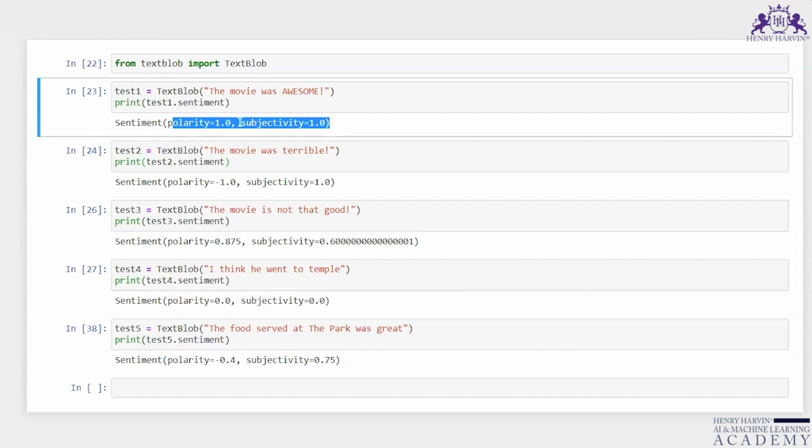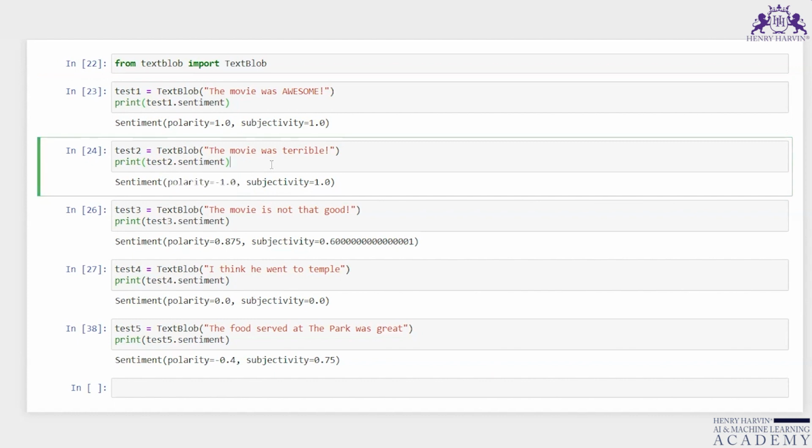Polarity 1 means it is a positive statement. Then I try "The movie was terrible." This is very easy; even a person can understand that it is a negative sentiment. The machine also identifies that polarity is -1 and subjectivity is 1, right?